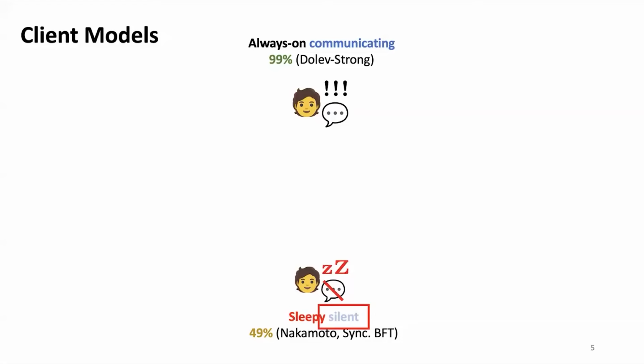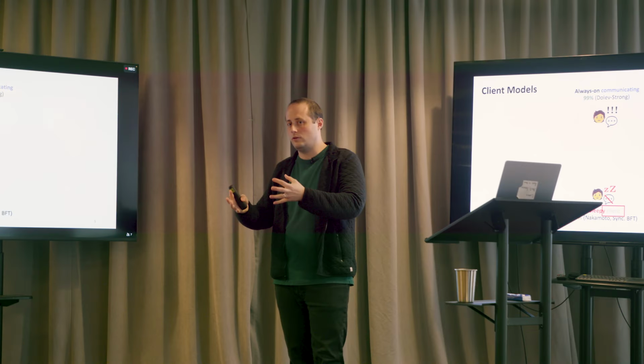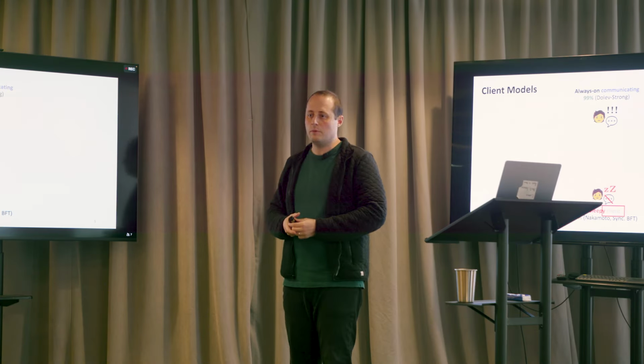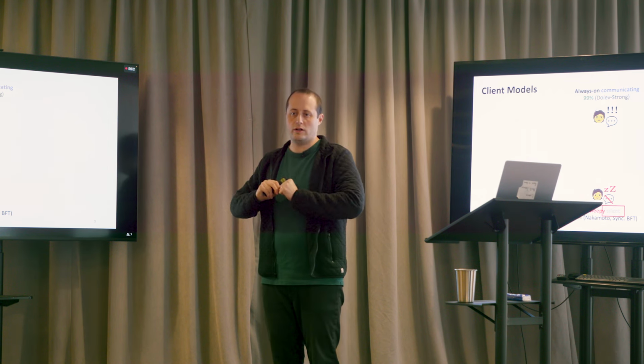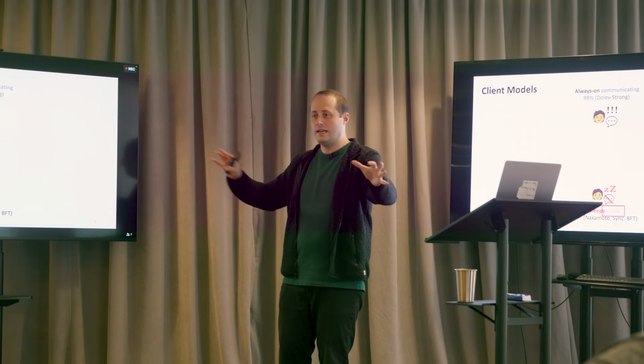What are silent clients? Silent clients are clients that can only receive information from the validators, but they cannot themselves send information. It's a one-way street. The clients, for example, get presented with evidence based on which they should confirm a certain transaction, but they don't have the ability to broadcast that information and relay it to everybody else, to make sure that everybody else who may at the same time be asked to confirm something also sees this bit of information.